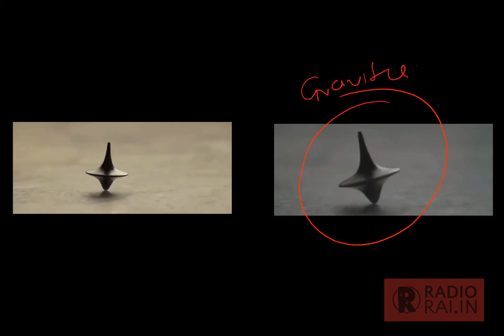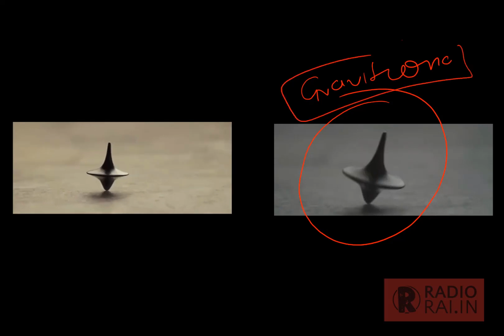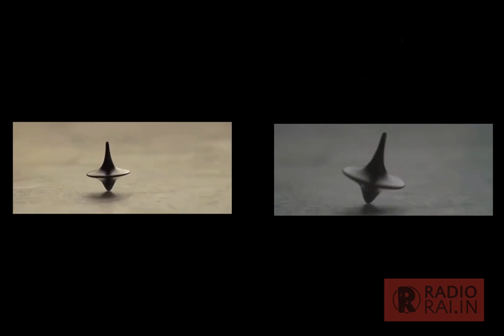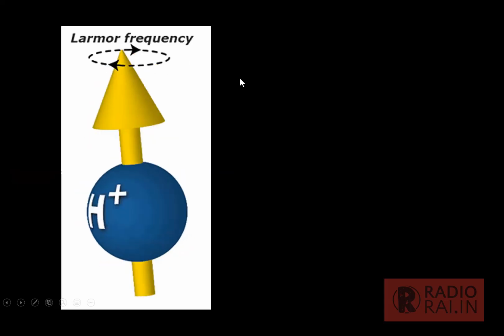Now the same thing, if I keep it in a gravitational force, we always see the spin having this toppling motion. This is what is called precession. Now why is this getting a precession? It is because of the gravitational force. There is a gravitational force which is responsible for this precession. Remember this principle. The same principle holds good even in a magnetic field.